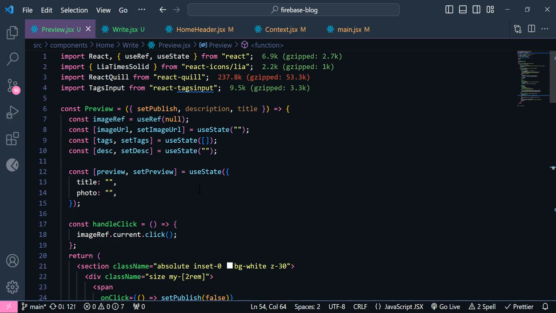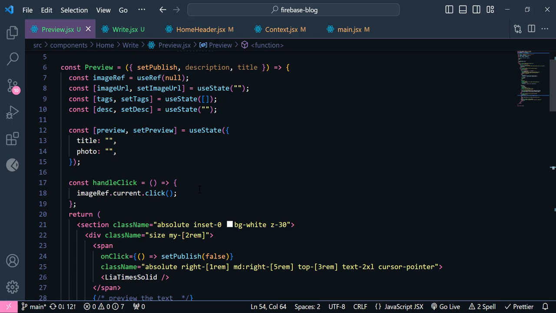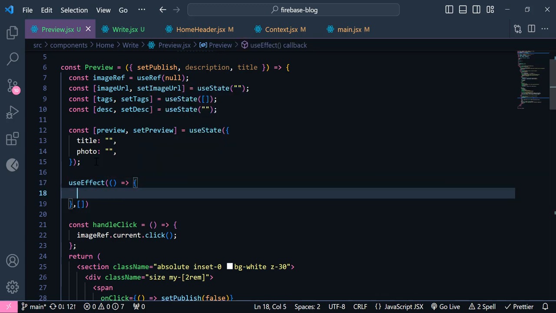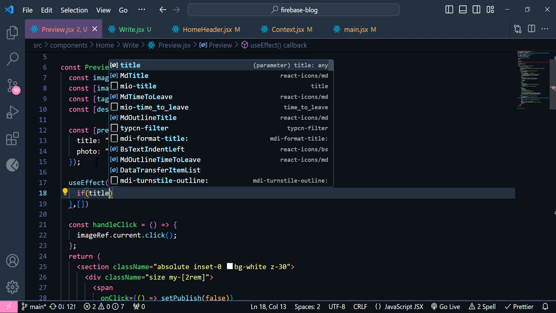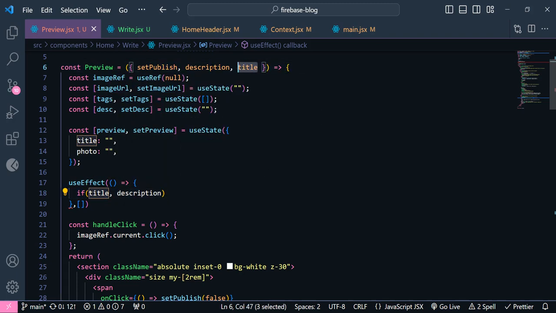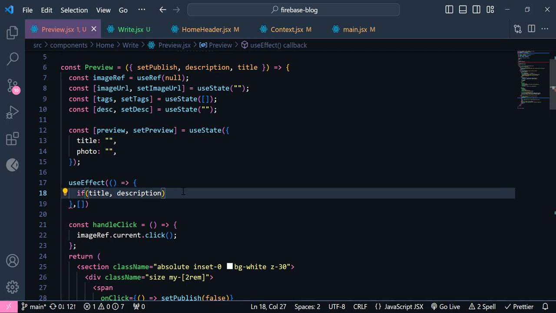So to do that, we are going to have a useEffect hook up here, with an empty dependency array, and here we need to check if we have title and description, the values that we receive from our write component. So if they have some value, and this should be an or,